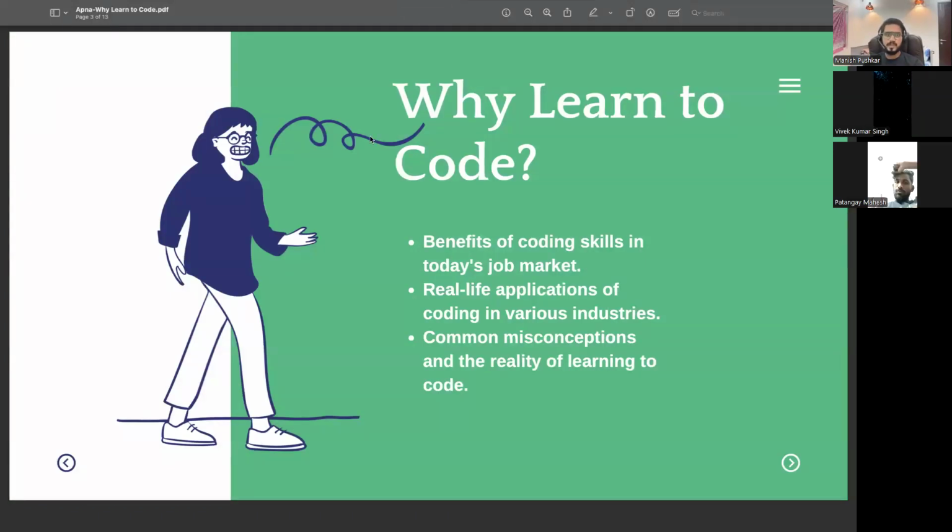The main question: why learn to code? That is something which everybody looks for. Why should I, in the first place, start learning to code? The current market scenario: if you see on a year by year basis, most of the different industries, whether it is hospitality, hospitals, agriculture or banking, almost all of the sectors will definitely have a website.